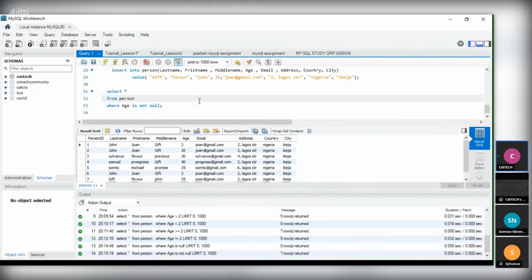For example, maybe we want to change the age. We find out that the age is not right, like we inserted 2, and maybe the person made a mistake on the age of 2.